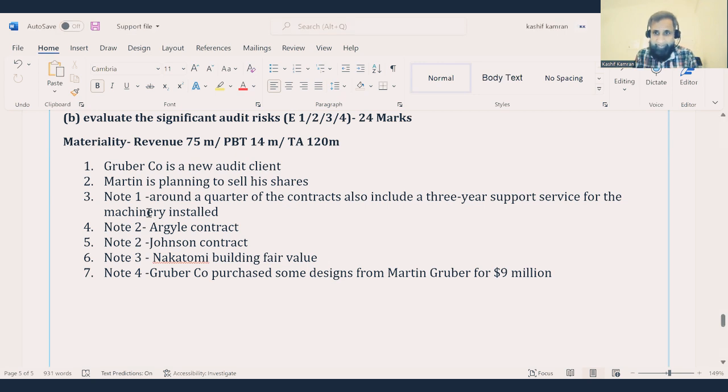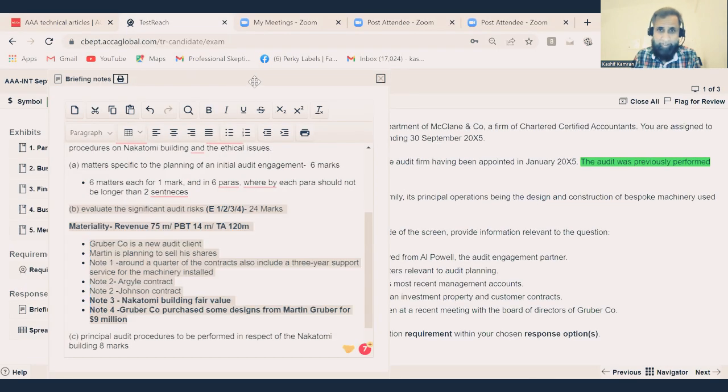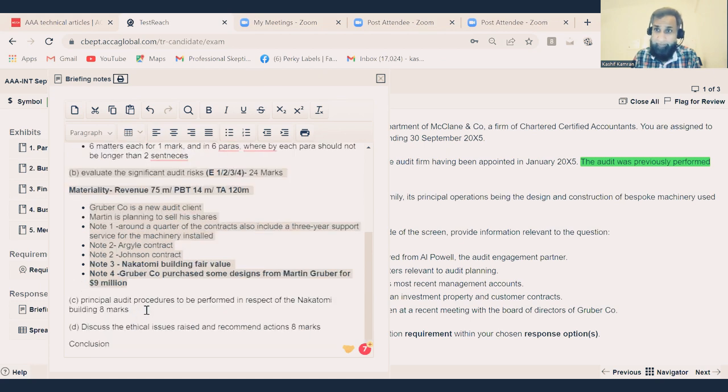Okay, now the next step is to convert them into answers, which will take place in the second part of day 2 today, where I will be wrapping up the answer for B. Then we need to find the answer for C, which is the audit procedures, which will be a very interesting exercise in the second part today, where I will be looking at the procedures for 8 marks. And the ethical issues, I'll be ignoring, because I believe students are good at picking up the ethical issues, which is the D part.